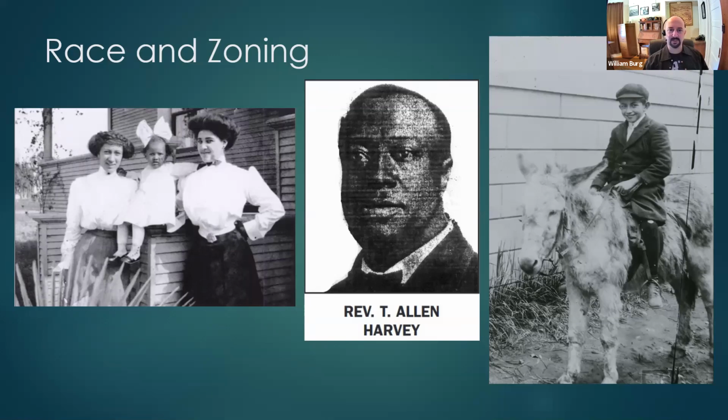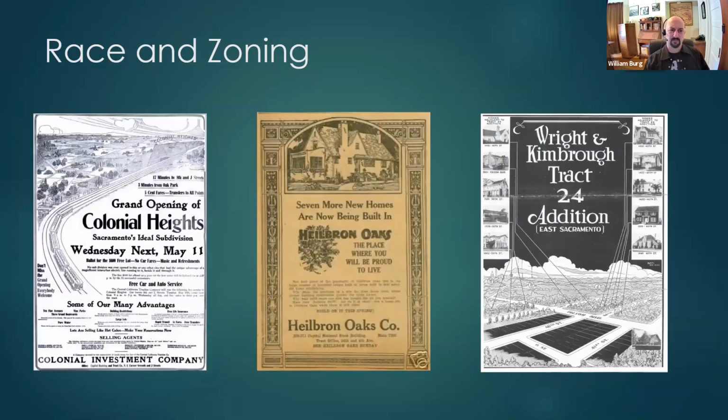This is not something unique to Sacramento, but about 1910, 1920, through the 50s, really, suburban developers started putting on what was called racial exclusion covenants. Now, these were not officially zoning. This was not something that was condoned by city or state. In fact, in California, there were parts of the country where racial zoning was allowed in the South until the Supreme Court threw it out, but it was considered a private contract. So it's just between the seller and the buyer. The government didn't have to be involved.